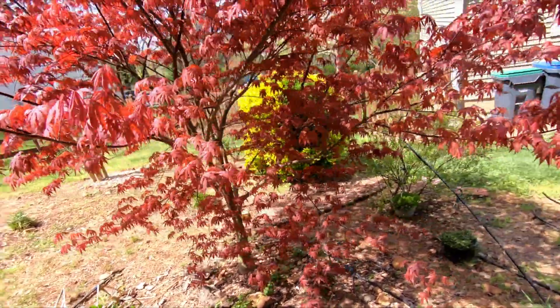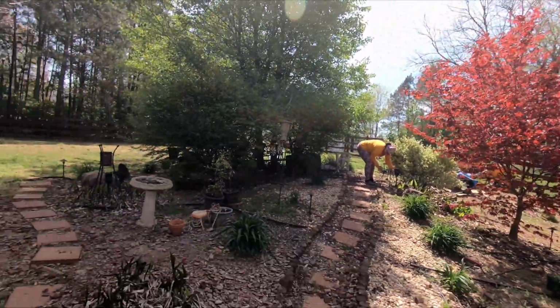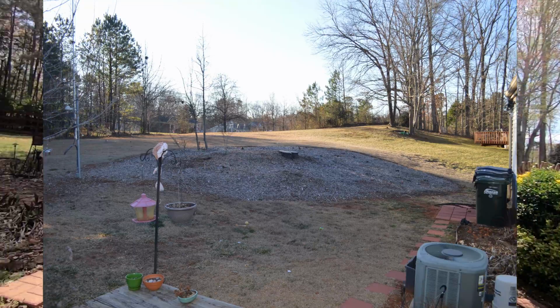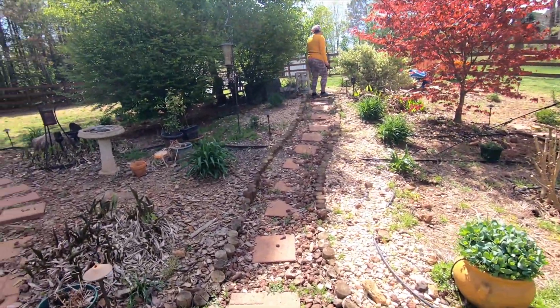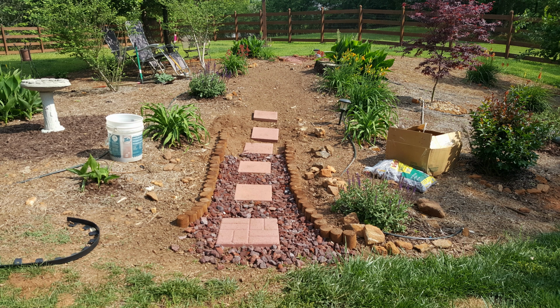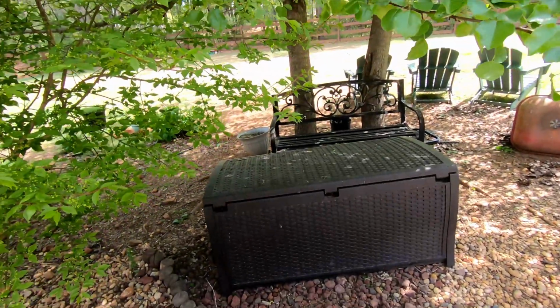Now, as the property started, this was just grass, and then we had this big area over here that had a big hickory tree in it. And when we cut it down due to lightning and termite damage, I decided to start basically doing a little bit of a garden. We started with a walkway that just went up this way with the plants that went along the walkway. And then the next step,